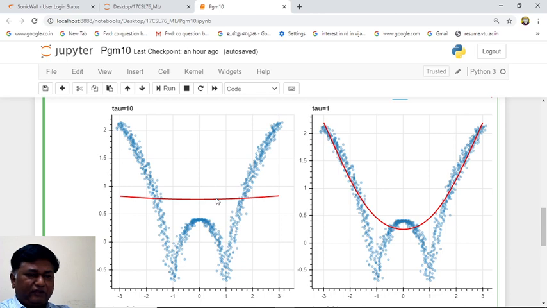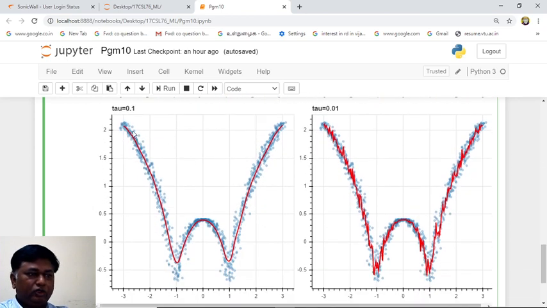When compared with your first curve, this is better. Here the data are predicted properly, but this area is not correct, and here also it is not correct. Here also partially correct. So still we are adjusting our tau value. Almost 85% it is following the data, but still this part of the data is not covered. Then, further tuning our tau value, you can see the red color line is predicting your data distribution.